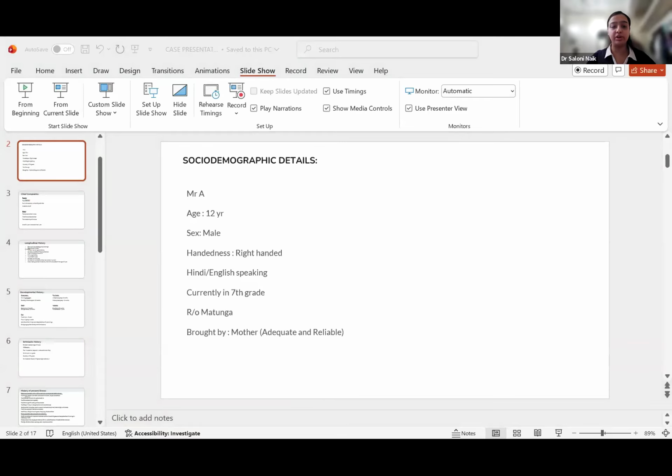I had not included management in my slides, but I would like to say it orally. So first of all, after seeing that there is no family history of any cardiac illness or any comorbidities in the child himself, like seizure disorder, with the BMI being appropriate for his age, I would like to treat him on OPD basis, and would like to start him on tablet methylphenidate 5 mg. Also, I would like to explain to the parents regarding the course of the illness and how